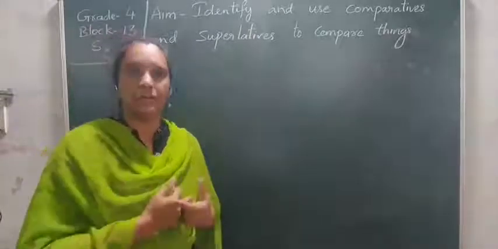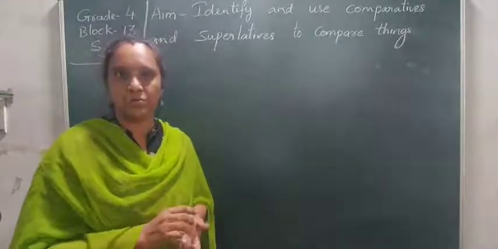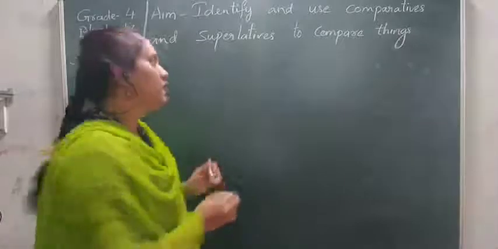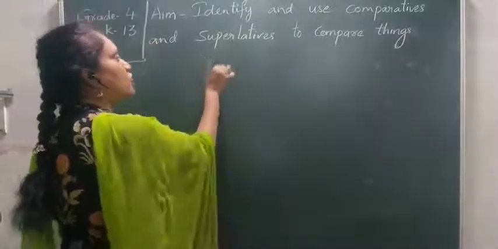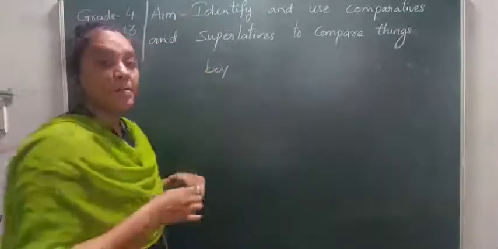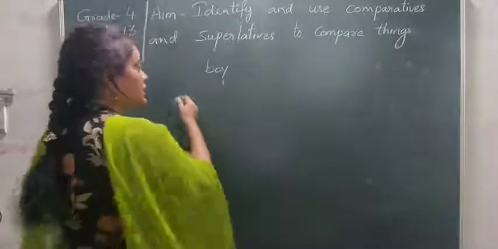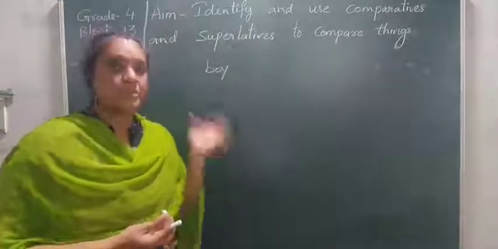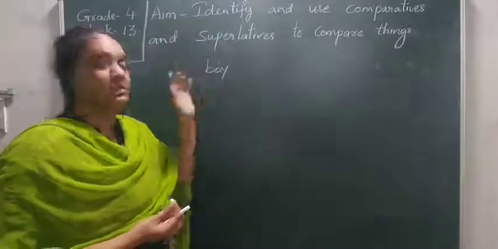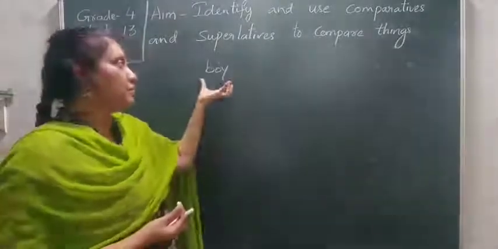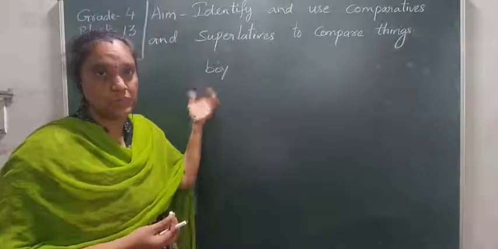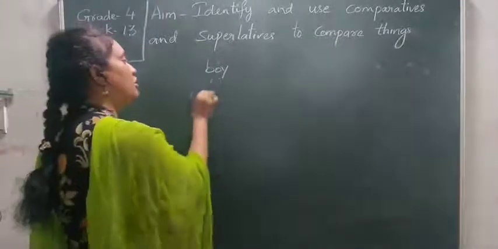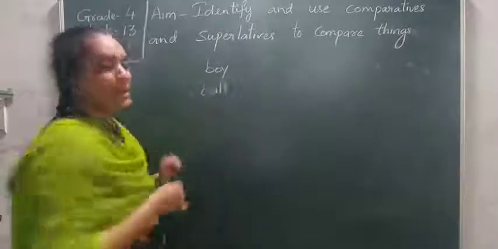Previously you learned adjectives. What are adjectives? Adjectives are the words which describe the noun. If there is a noun like a boy, how the boy looks, how the boy is, everything regarding it, you can say he's a big boy, he's a small boy, he's looking cute. Whatever there is about the boy, the description, you can give by using adjectives. If you take anything like a ball, the shape of the ball, everything can be described.